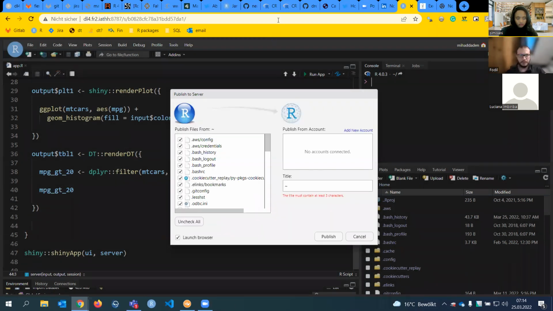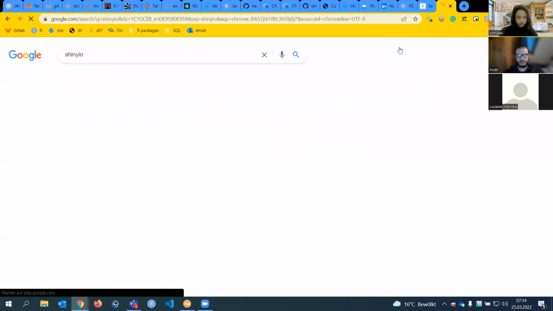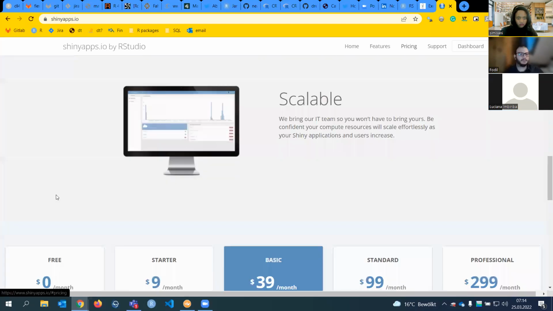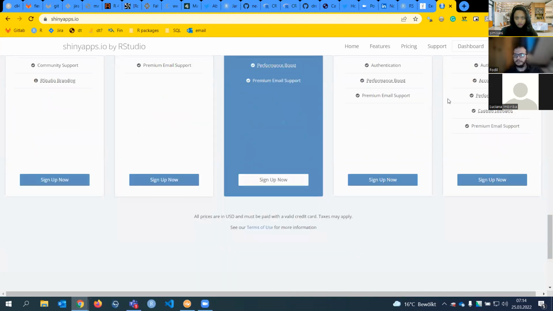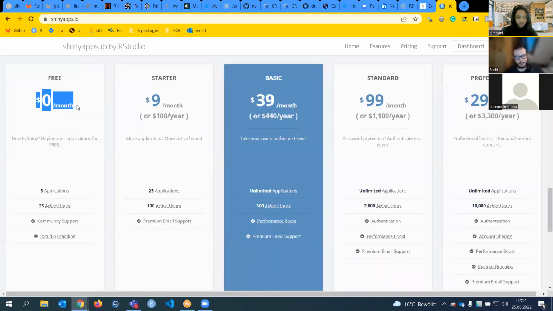So if I go here, for example, shinyapps.io, you can see the pricing is $0 per month, it's free. You can use up to 5 applications and 25 hours of usage, and you can go to the 10 or 30 plans for professional use. For beginners, I would suggest just go for the free one and play with it. And when you're really comfortable or working for a company, ask your company to get, for example, the basic plan, which should be enough for a small company.